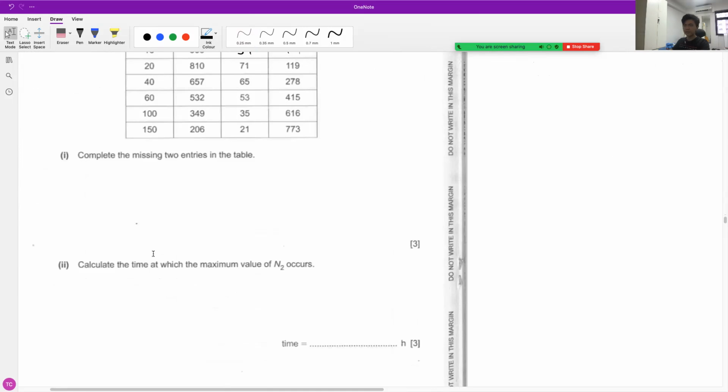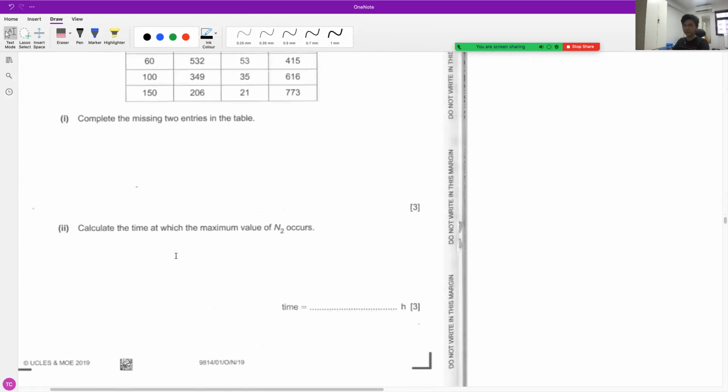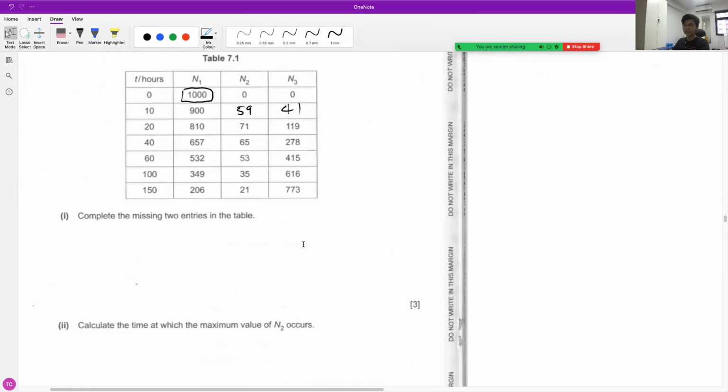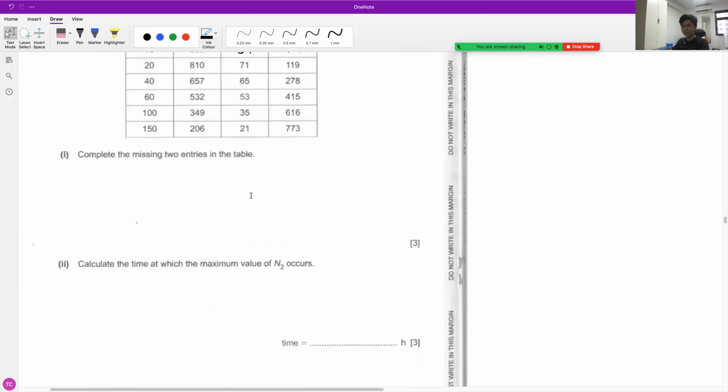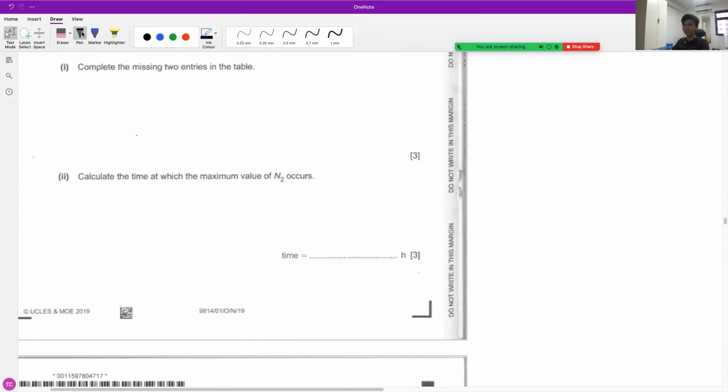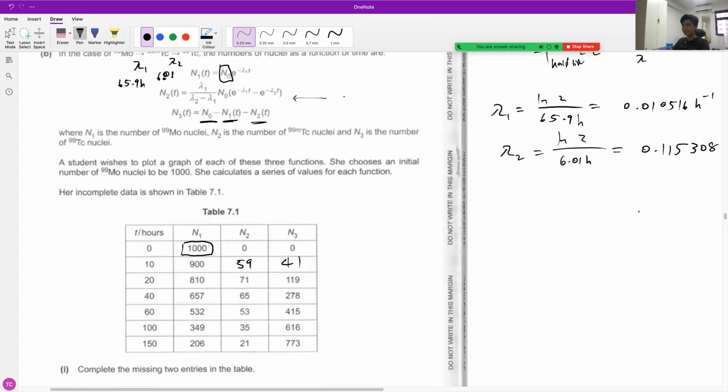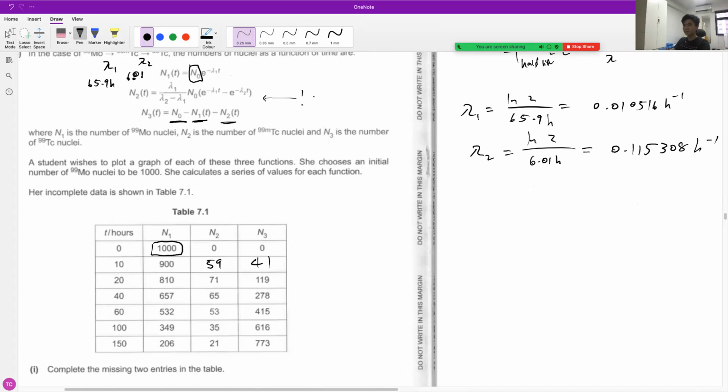We've completed 2 missing entries in the table, and now we want to calculate the time when the maximum value of n2 occurs. So you see that n2 increases, and then after a while it starts decreasing again. So the plot of n2 looks something like that. So what do you do when you calculate the maximum? You differentiate the function. So you differentiate this n2 over here, and what do you obtain? So dn2 over dt gives you